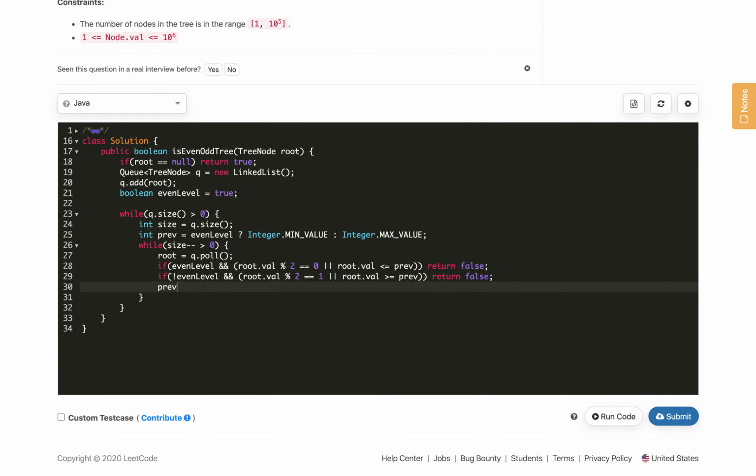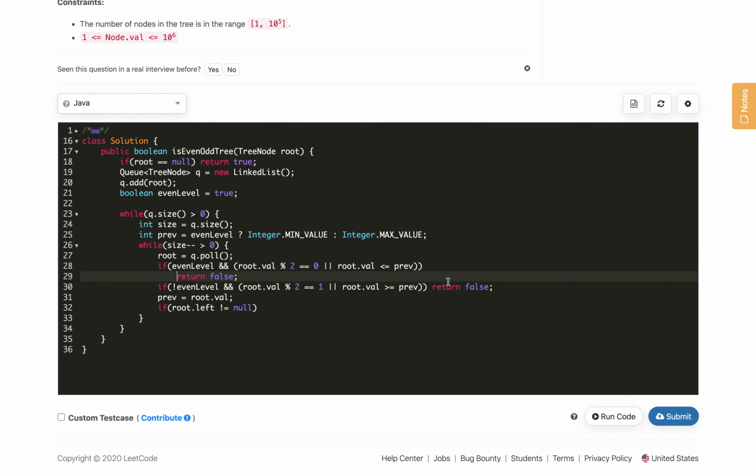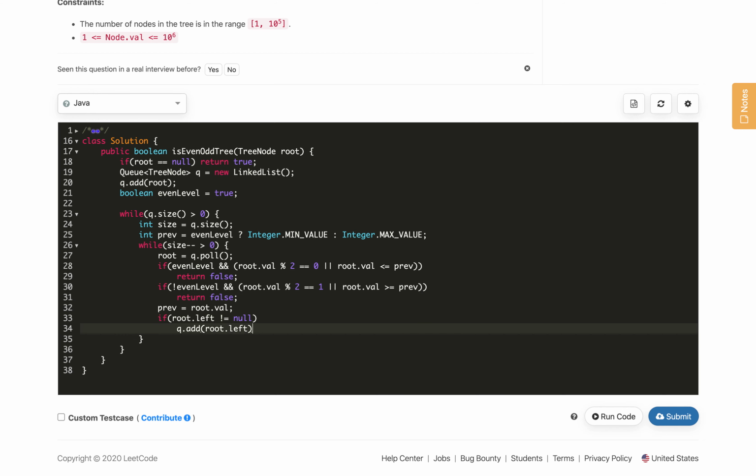Then we will update our prev value from the current node's value, and also now we will add the left and right child if they exist. If root dot left is not null, we will add queue dot add root dot left into the queue.